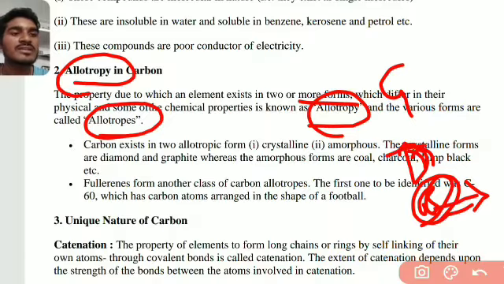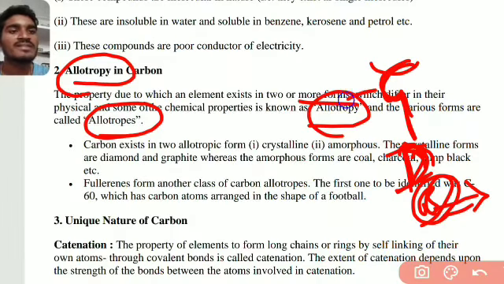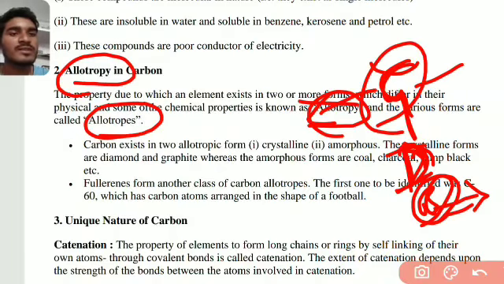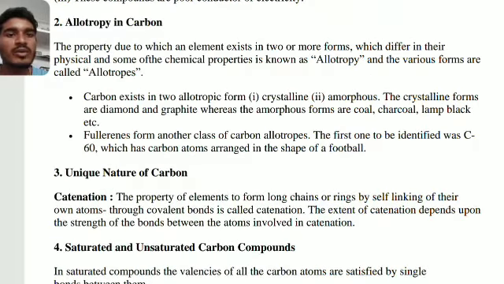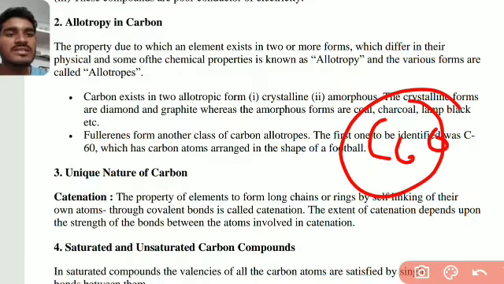And diamond also has carbon atoms. It conducts electricity, and graphite also conducts electricity. Example, pencil. Okay, so it is a conductor of electricity. Next, we will see here fullerene is another carbon allotrope. The first one identified was C60. So Buckminster fullerene C60 is an example of the Buckminster fullerene. And carbon nanotubes we can also see among the allotropes of carbon.